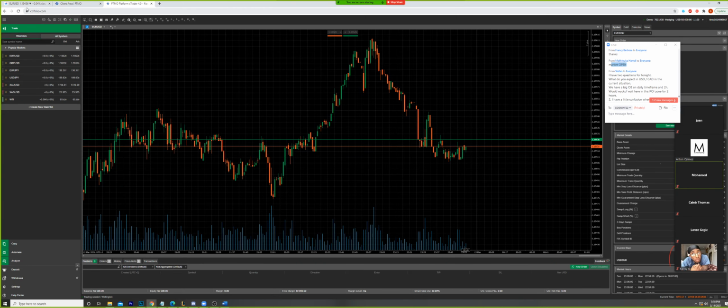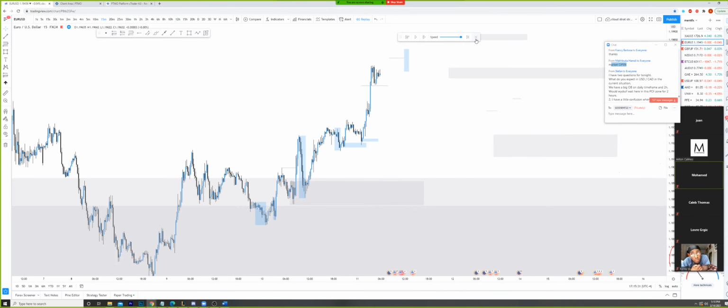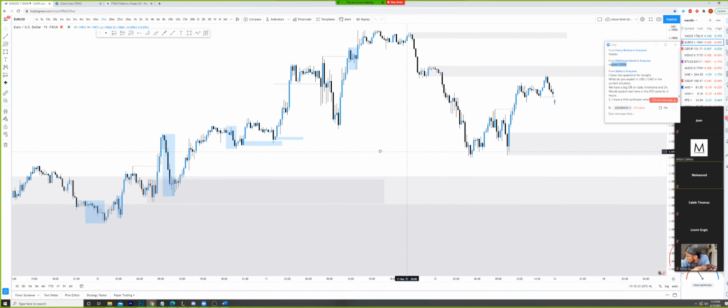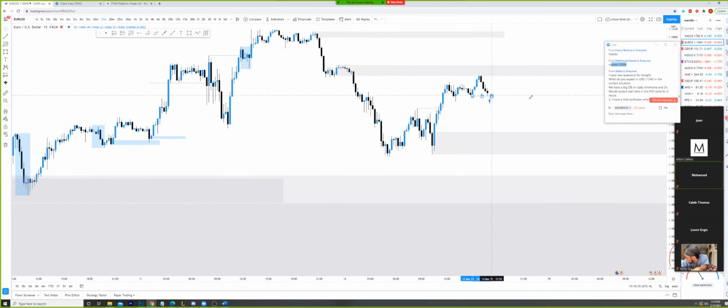Ooh, nice. Let's go look at EU real quick. I wonder if it actually held at that zone I had, or if it just traded right through. Yeah, okay, traded right through. Perfect. Okay, we'll talk about EU in a second because I know I said we'd talk about it. So anyone that is going to watch this after is going to have a chance to look at that.